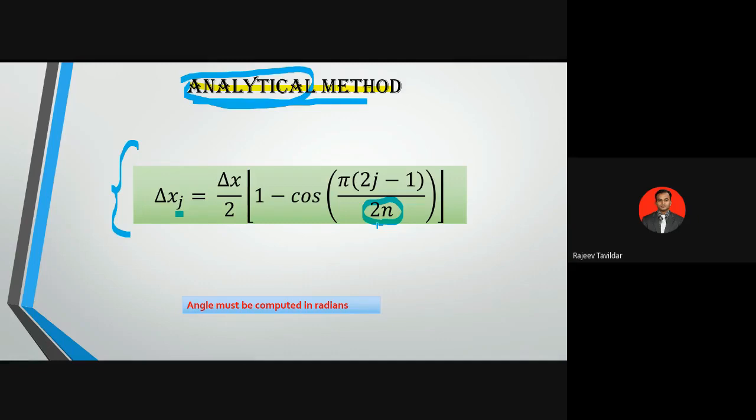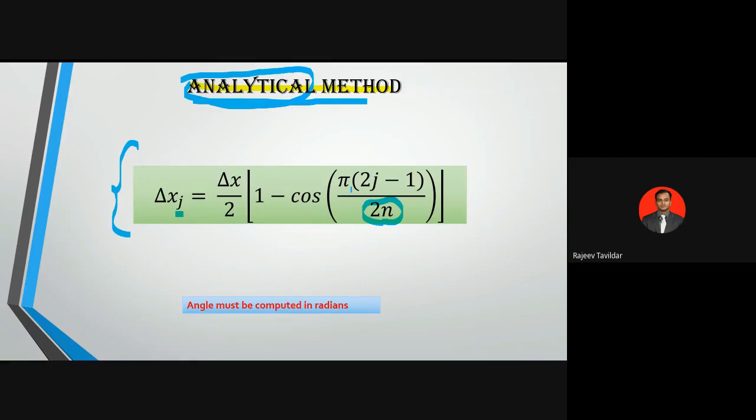Now, through online, I find it difficult to teach you this particular point, that is how to use a calculator. But if you know how to use the equation mode, you can just type this equation in your calculator and with just pressing one button, you can get straight away delta x1, delta x2, delta x3, and delta x4. So according to me, if you are well versed with the usage of calculator, then this analytical method can give you a solution within a minute.